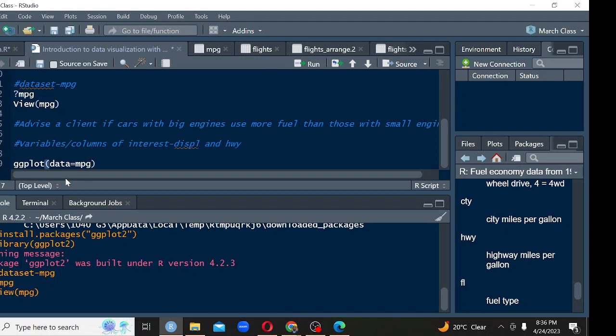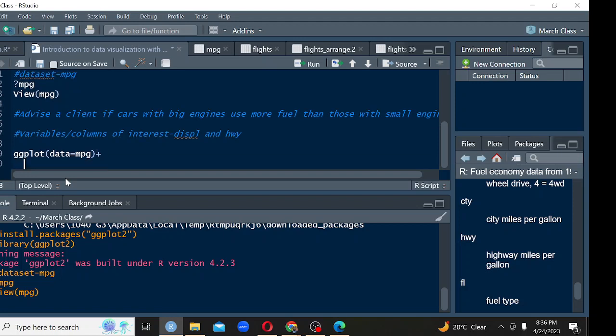So this one alone, if we execute this line, it will give us a blank plot. But I'm interested to come up with a scatter plot